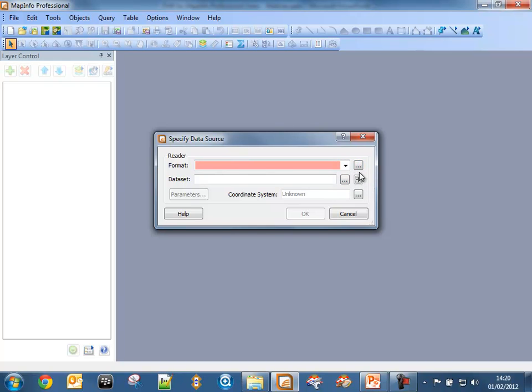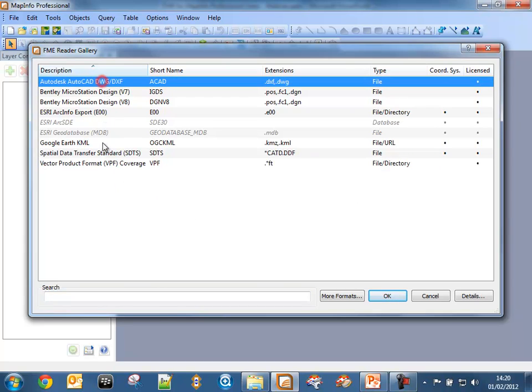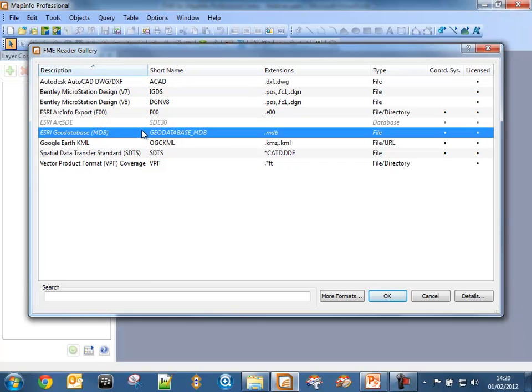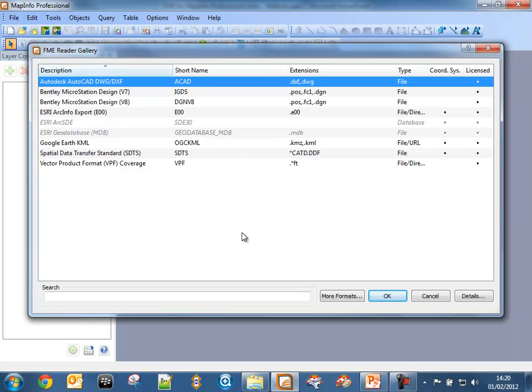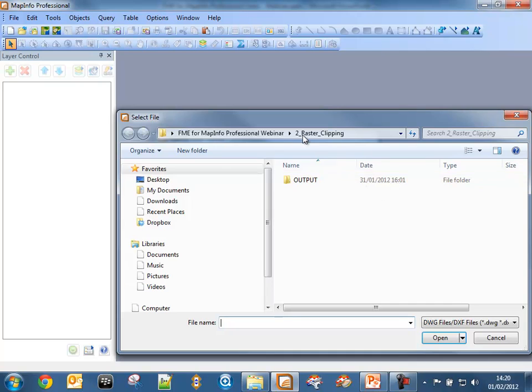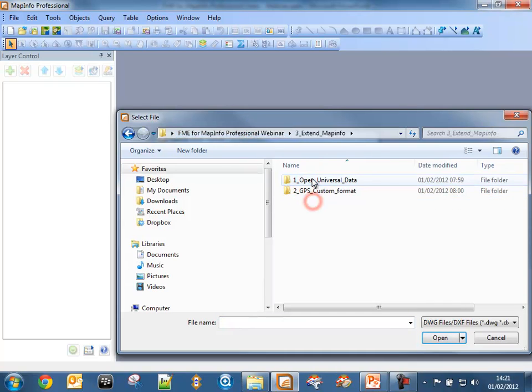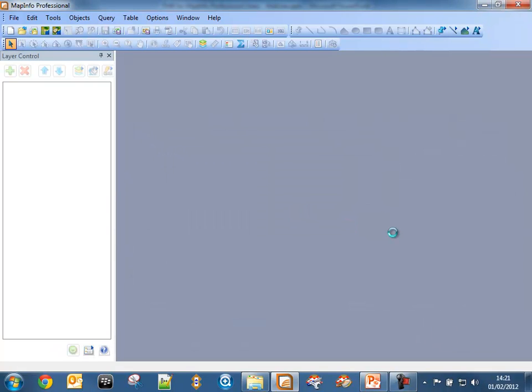FME users will be familiar with this dialog box because it's very similar. Here you can see the 9 extra formats with 2 greyed out. They're greyed out just because I don't have any Esri technology installed on my system, which means I don't have an available license. If I did, they would be available to me. I'm going to choose to open up AutoCAD data, specify a file location. I've got a DWG available on my machine, and if we click on the file and open it up,